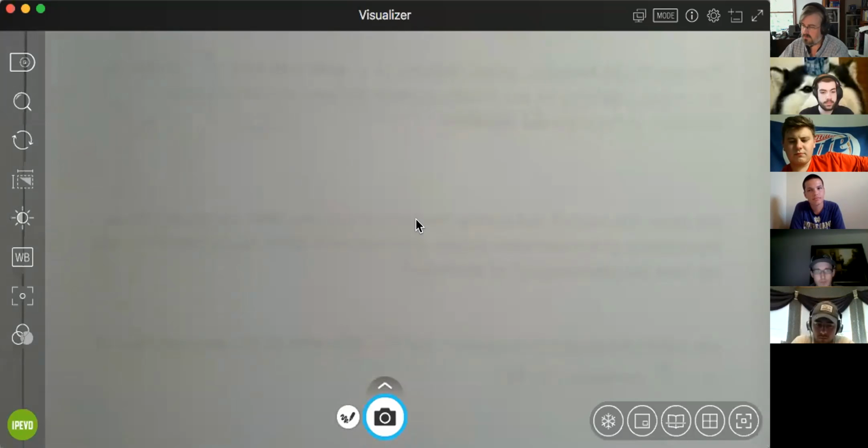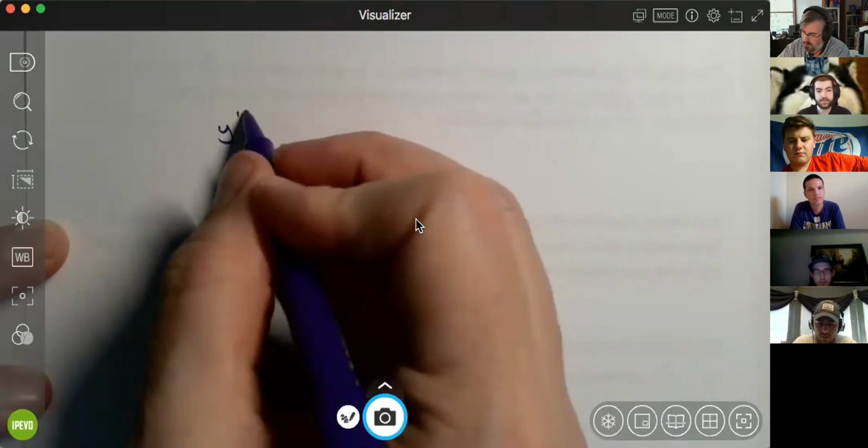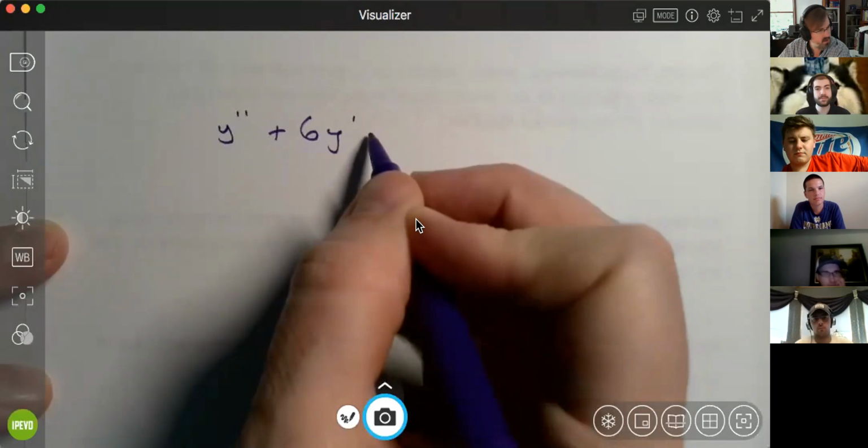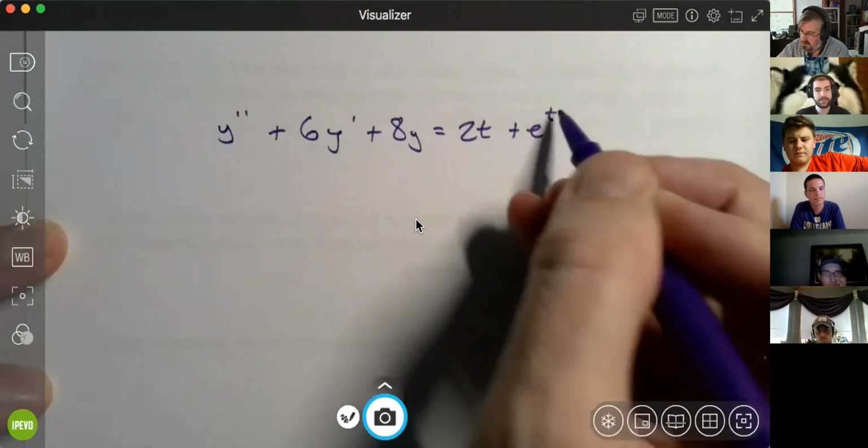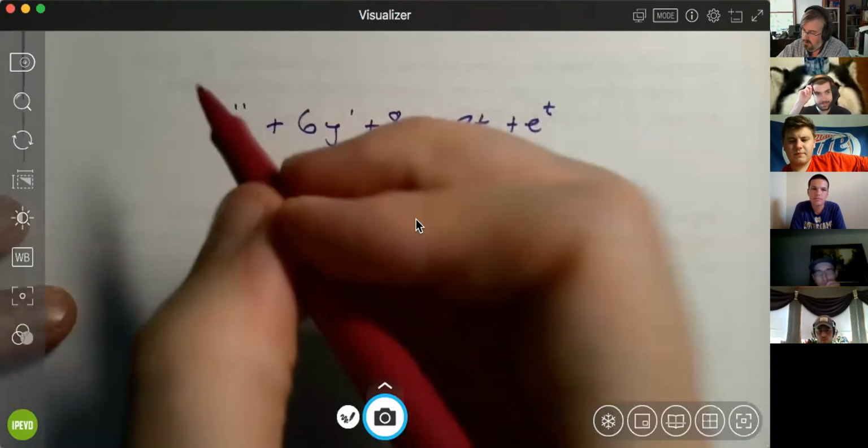But notice both of those, whether it's both terms together, one term separate or the other term, whichever forcing function you have, that doesn't change the harmonic oscillator, the other side of the equation. So let's take a look, see if I can make my camera work here so I can show you what I'm talking about. If I remember correctly, it was y double prime plus 6y prime plus 8y equals 2t plus e to the t. And what I'm suggesting is you could do this,